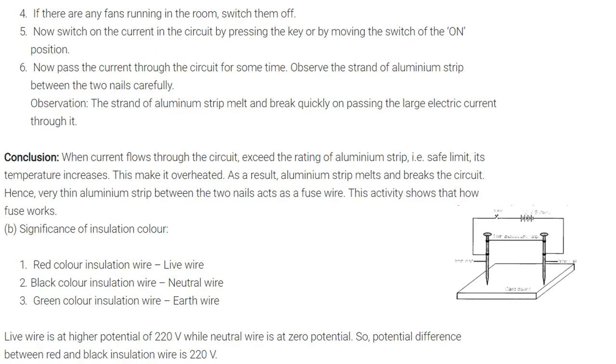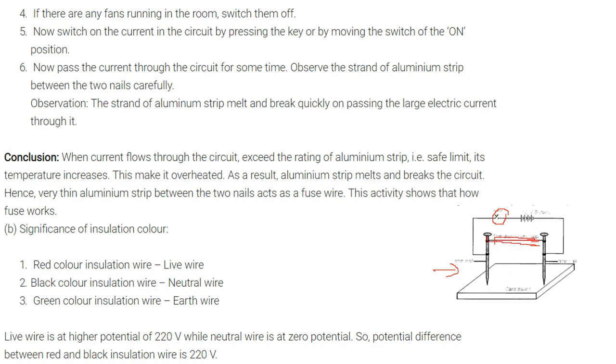So if there are any fans running in the room, switch them off. Now switch on the current in the circuit by pressing the key, that is this key, or by moving this switch to the on position. Now pass the current through the circuit for some time. Observe the strand of aluminum strip between the two nails carefully. What is happening to this